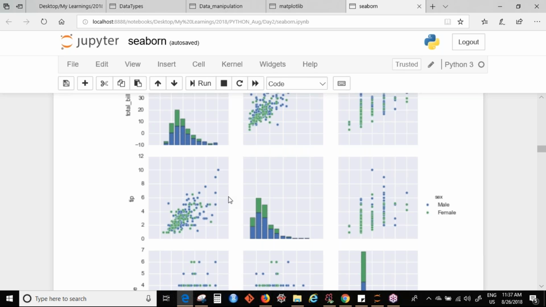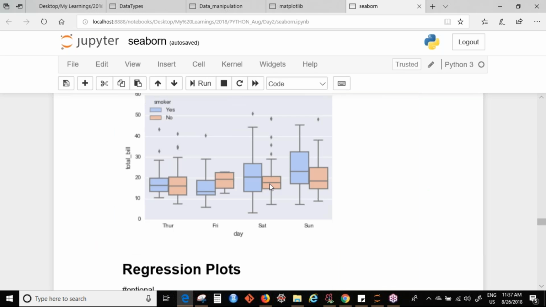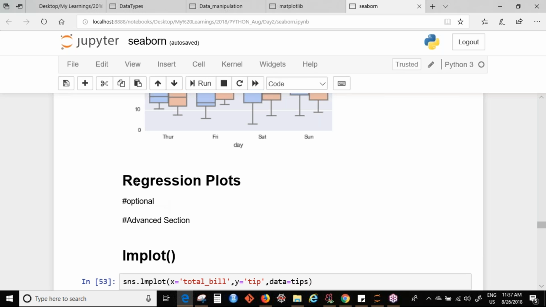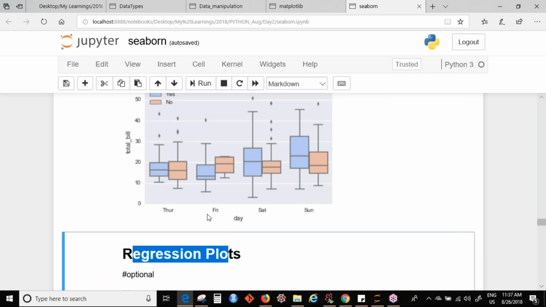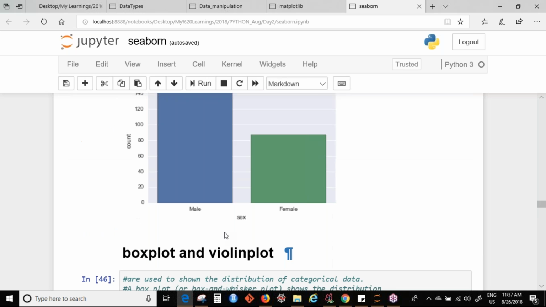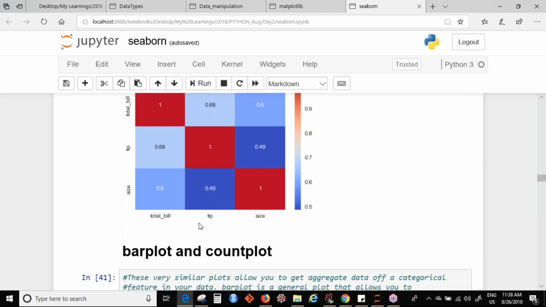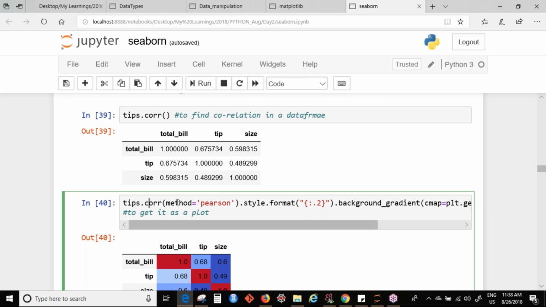Later, of course, we will start with machine learning algorithms. Then we will see these in detail. But there are thousands of plots like this. Of course, we cannot go through all of them. So some of the plots which are given here, we will come back to them. So for example, regression plots, we will see this after we have learned what is regression. Then we will see. For example, we have this heat map here, which basically gives you the correlation. So first we will see what is correlation,